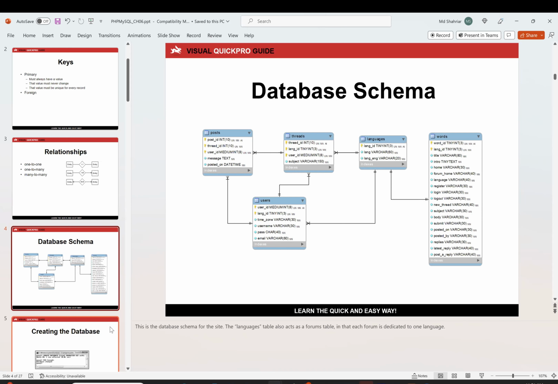So what do we have? First, we have the users. Suppose when you are using Facebook, everyone is a user in Facebook, right? So suppose we want to design a mini Facebook. So we'll need a table for storing the information about the users. Next thing is